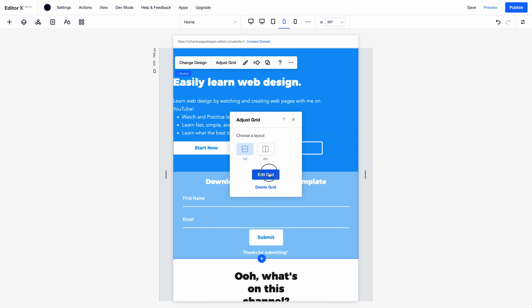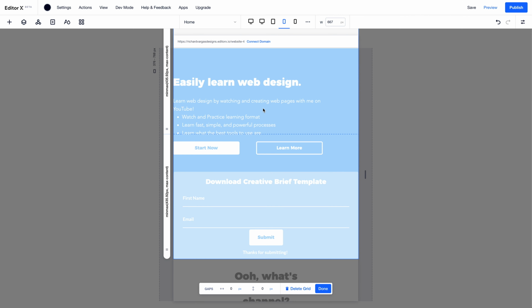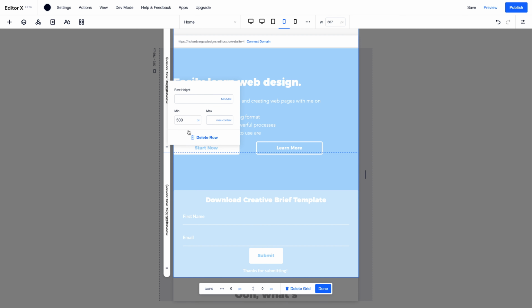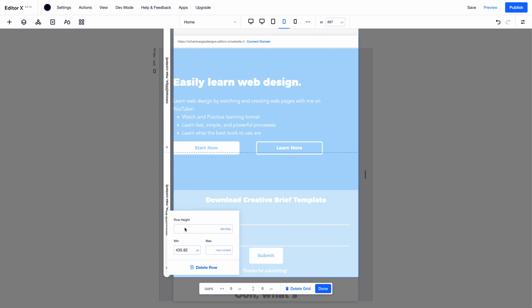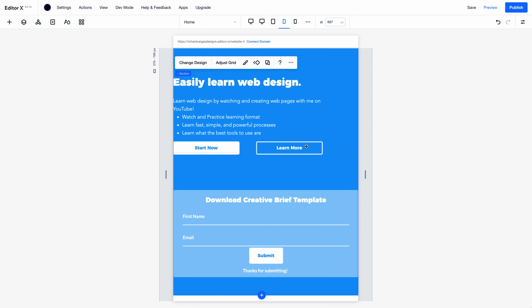Now when I go to adjust the grid, edit grid, I have 1 and 2. So here, I'm just going to set a 500 pixel height, and here as well 500 pixels. This is going to change the auto, but just so that I can edit the content here,